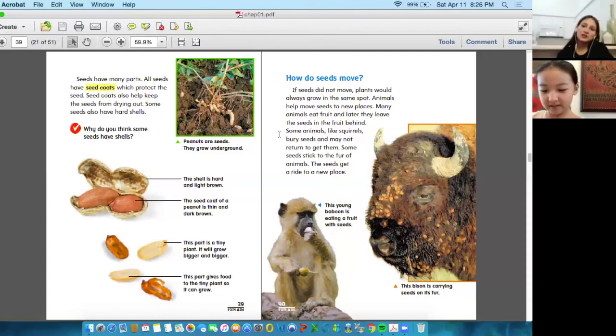So why do you think seeds would get stuck into the fur of an animal? Oh boy, it will be weird. So they need to go to the bathroom. Okay. And they go to the bathroom, and so they